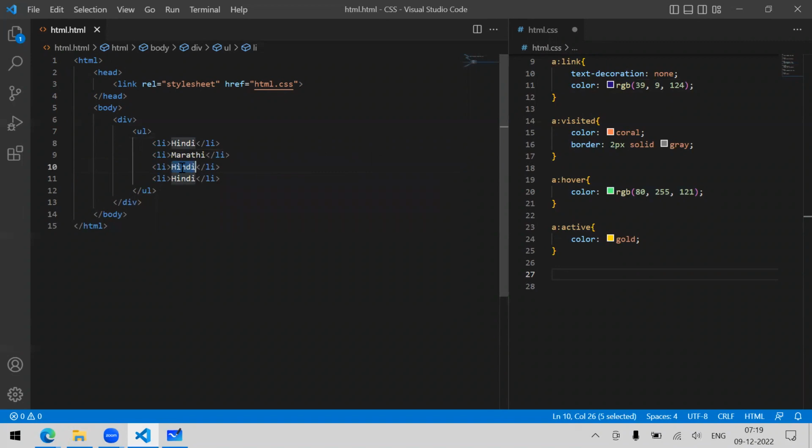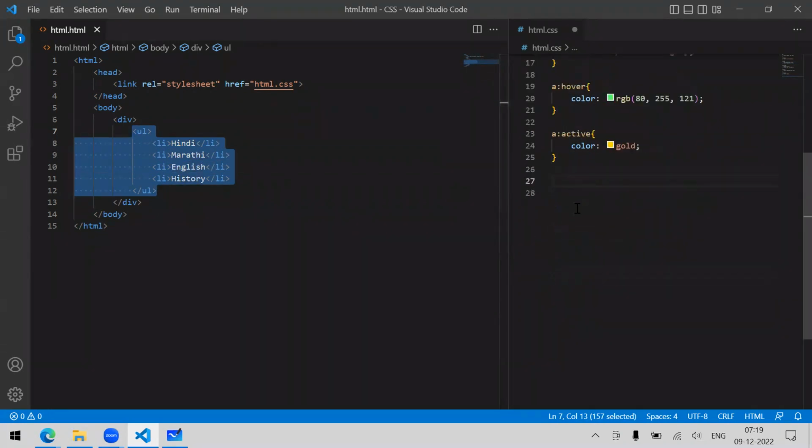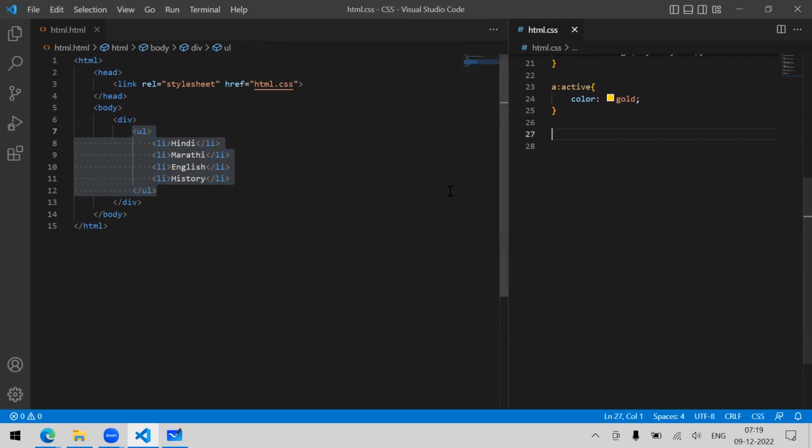Marathi. The next is English, and last we can say history. Okay, so we have this list. Okay, so this will not work for us. We have to see the next element, or that is what we say as a first element, or first element means